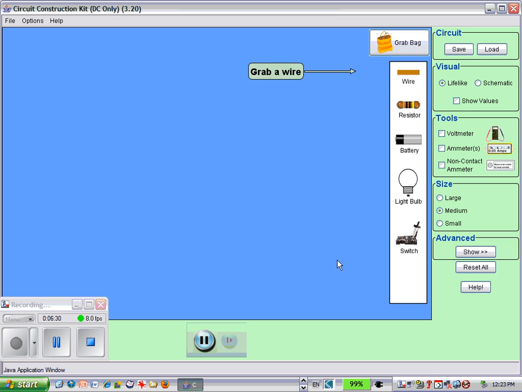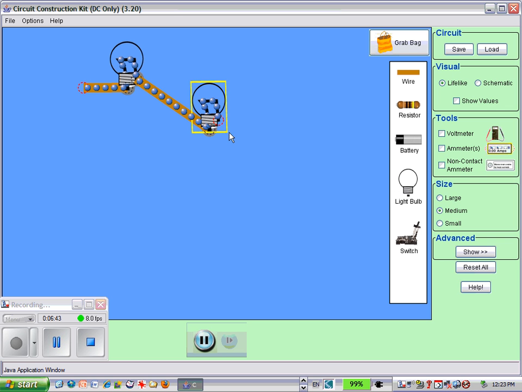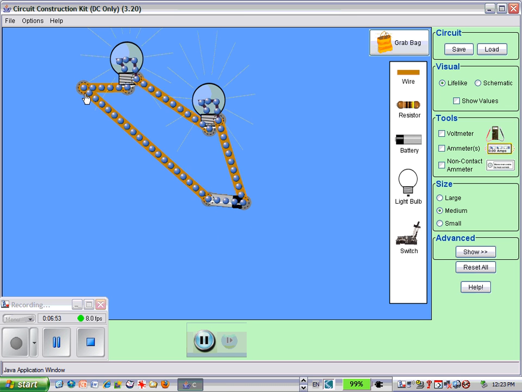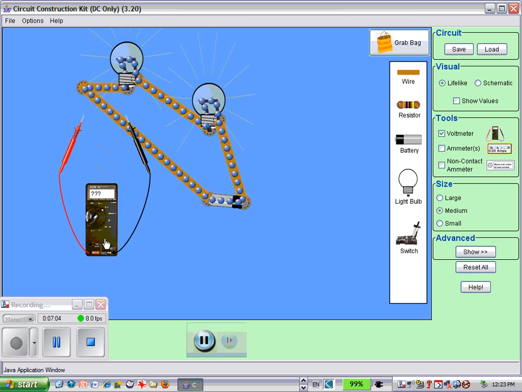Let's see if we can find, grab a wire, put a light bulb on it, grab another wire and connect it. Another light bulb for fun. Another wire. Let's give it some power. Another battery. Another wire. And we have this circuit completed. I could do lots of wonderful things. I could grab a voltmeter and check out the voltage drop